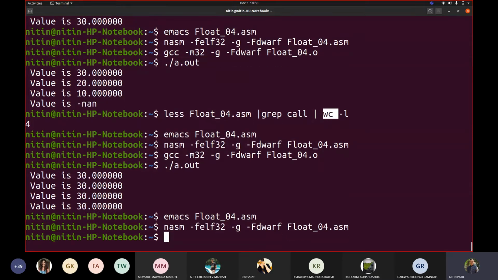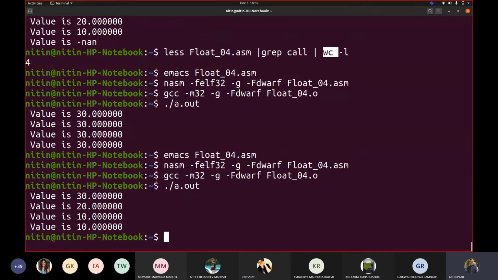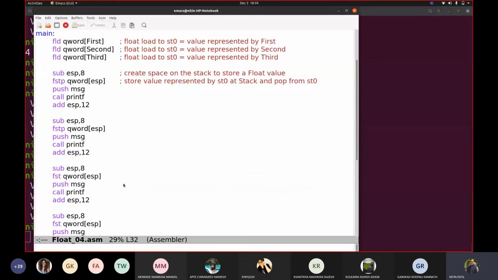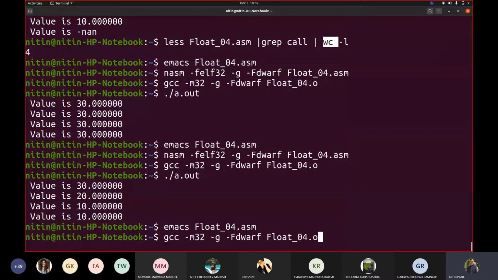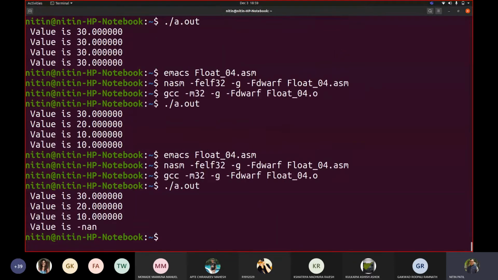So it will show 30, 20 and then 10, 10 for both the cases. If I go with NASM, GCC, a.out, that is correct, because I haven't popped after printing the last value. If I see my code, it is FSTP for the first value, FSTP for the second value, and I have written only FST. So if I write FSTP, then you will see an error with the last value, and that's what it showed us: NAN. Because all values which were stored on the stack are popped, we cannot work it out. Understood this printing function?